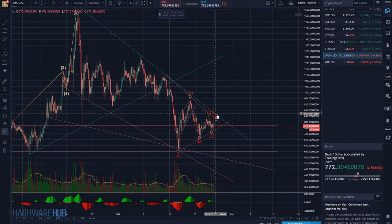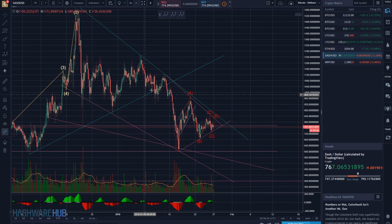I'd be surprised if we start breaching these upper levels right here, on the top end of this channel or wedge, depending on what you're looking at. But eventually, Dash will have to make a decision, because there is just so much time until we get to the end of either this triangle or this triangle. Last time it did this right here, okay,